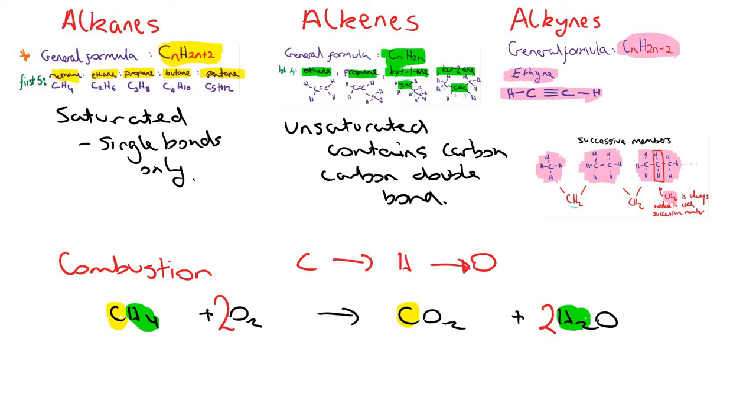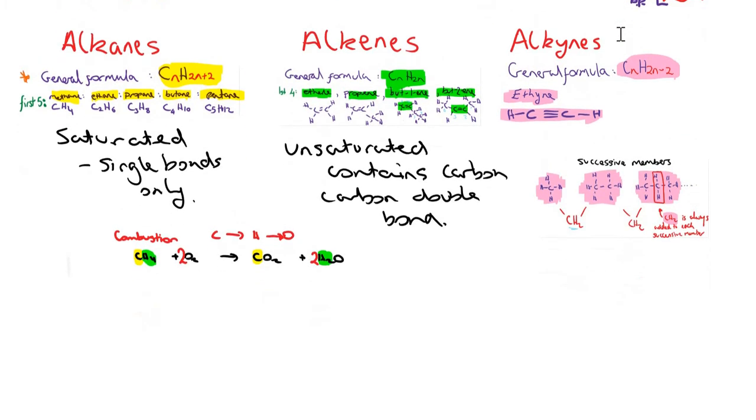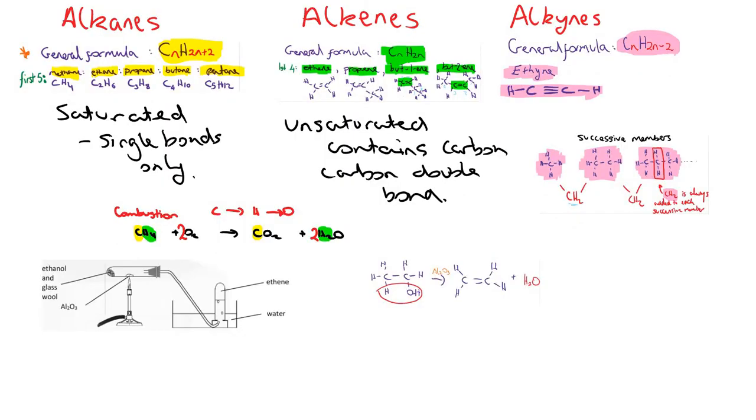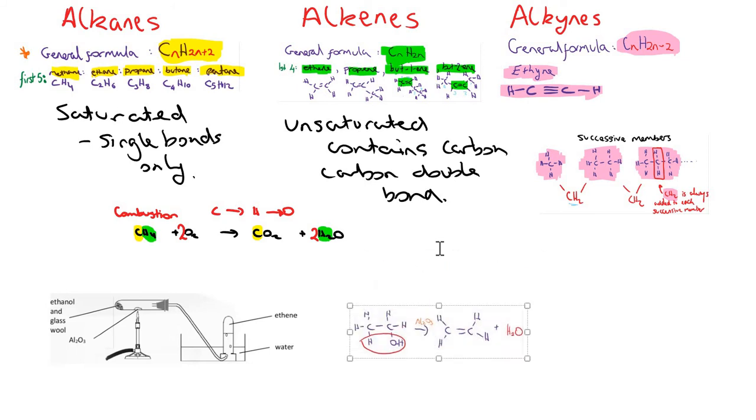If you want to look more at combustion, you can have a look at the website. I'm going to now move on to the key difference between the homologous series and how they are made. The alkanes we know are produced from fractional distillation. The alkenes can be produced from the products of fractional distillation by something called catalytic cracking, where you break up long chain carbon molecules using a catalyst, quite often aluminium oxide, also known as alumina, with heat to